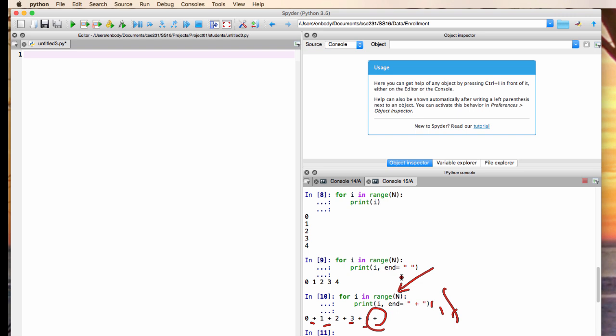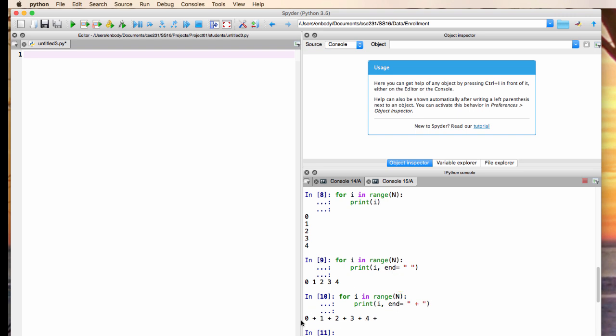Do that in the shell. So notice how I've used the shell. I played around, I used help, figured out how to use randint. You can play around with that a little bit, get comfortable with how it works. Same thing with round. Play around with the shell a little bit, get a feeling for how it works. And here I have this issue of, okay, how do I print a bunch of numbers with plus signs in between? Solve it in the shell, get that working there. Then when you're doing your project and you come across the issue, okay, I've got to print these values, I know how to do that because I've played around with it in the shell. The shell is a very powerful